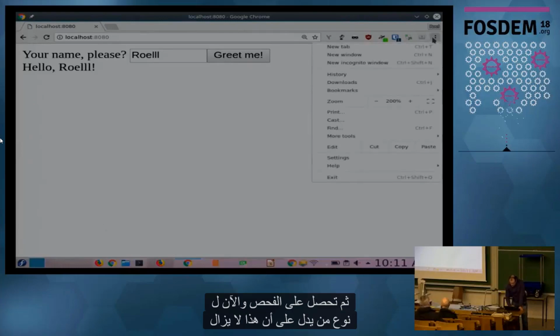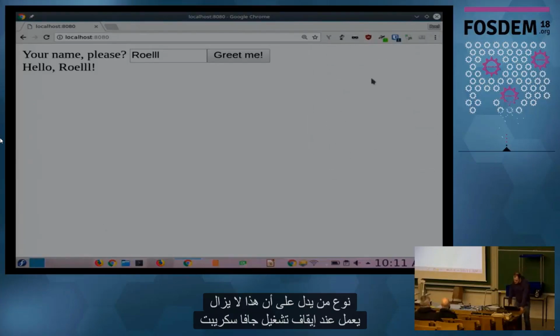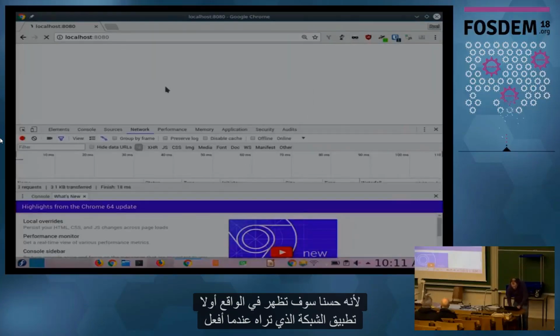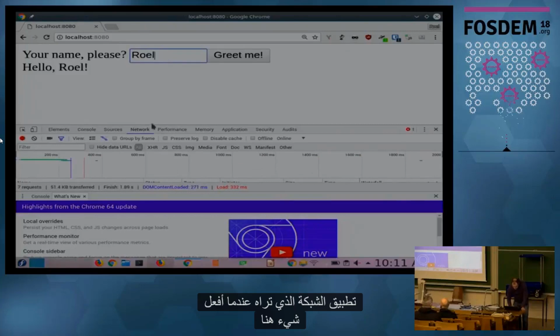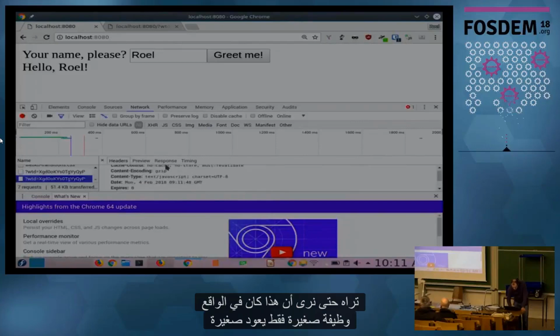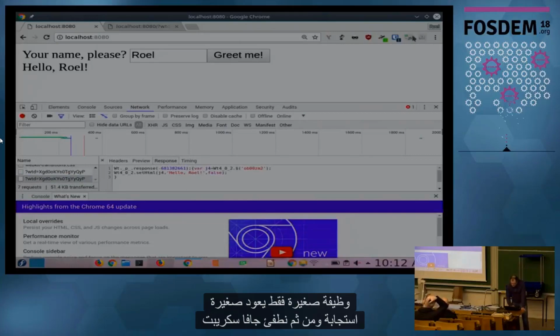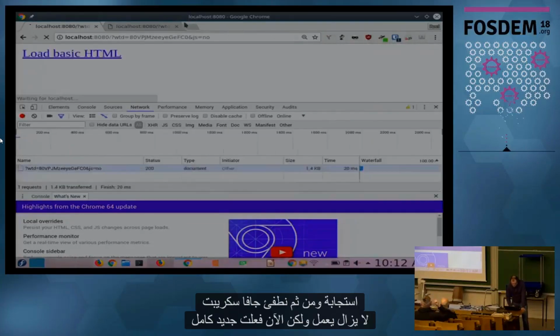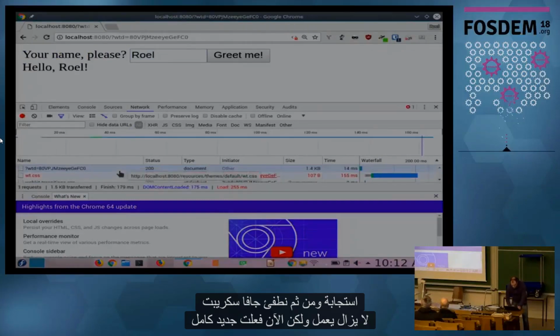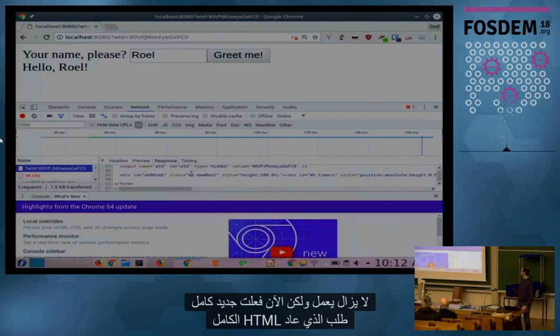And now to demonstrate that this still works when you turn off JavaScript, I'll actually first show the network tab. You see when I do something here, that was actually a little post that just returns a tiny response, and then we turn off JavaScript. It still works, but now it did a full new request, which returned a full HTML page.